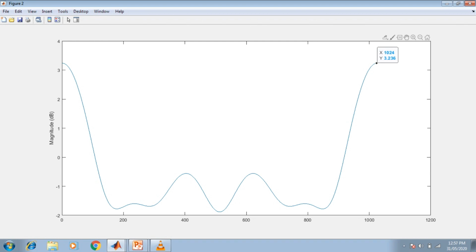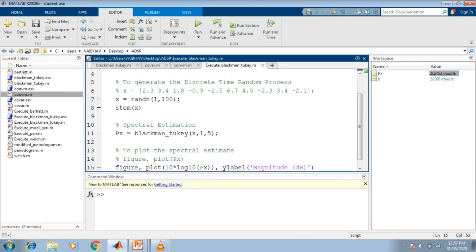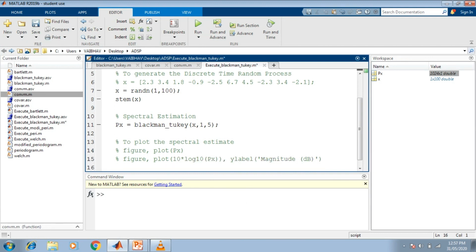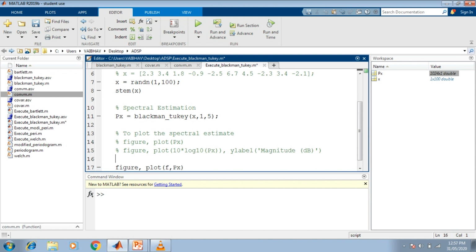The last way to plot the spectral estimate is with the horizontal axis in terms of frequency values in hertz. Thereupon, we use the figure keyword along with the plot command, and to this plot command along with Px we give the input as small f, a frequency parameter, which first has to be predefined.